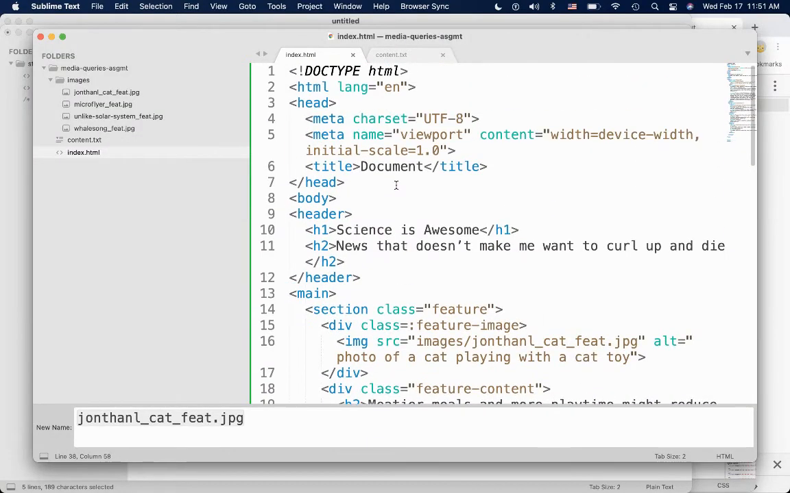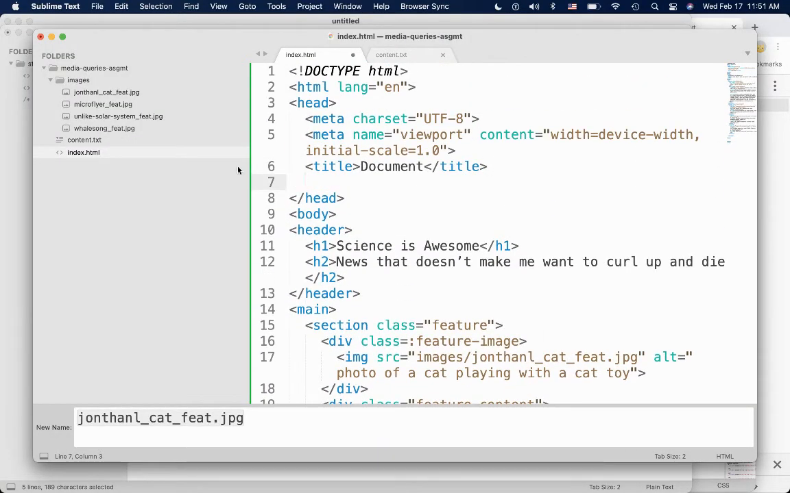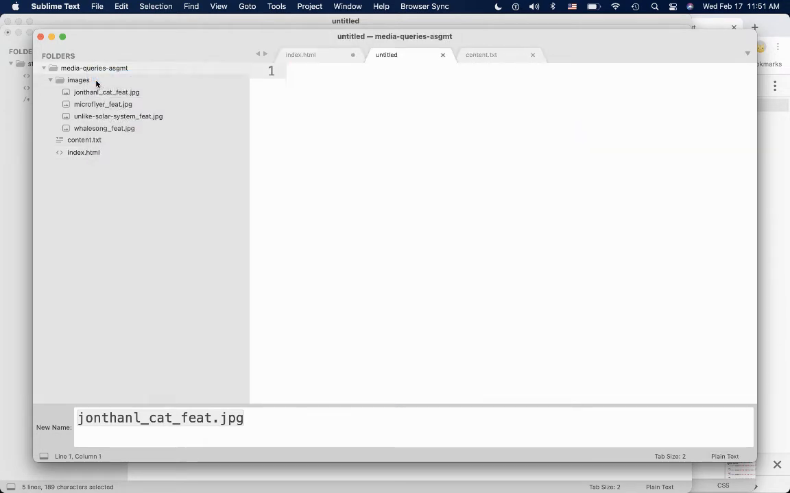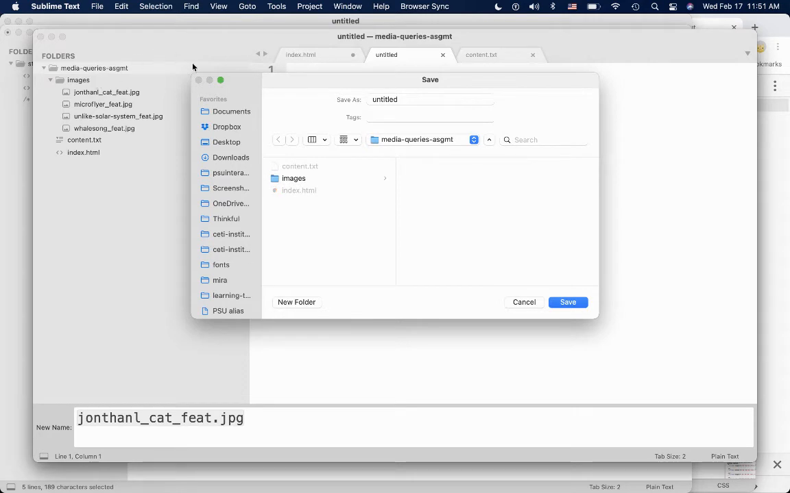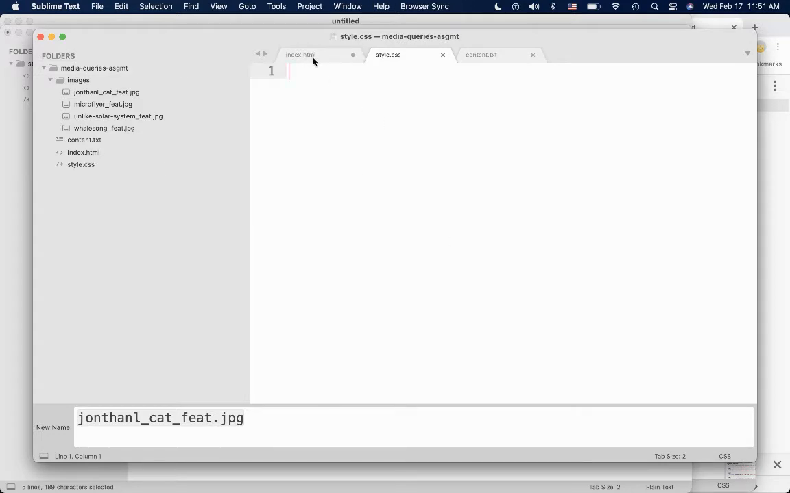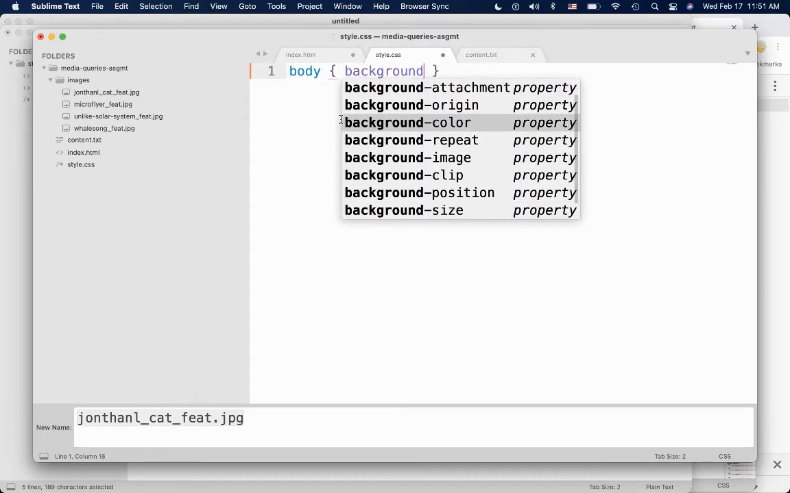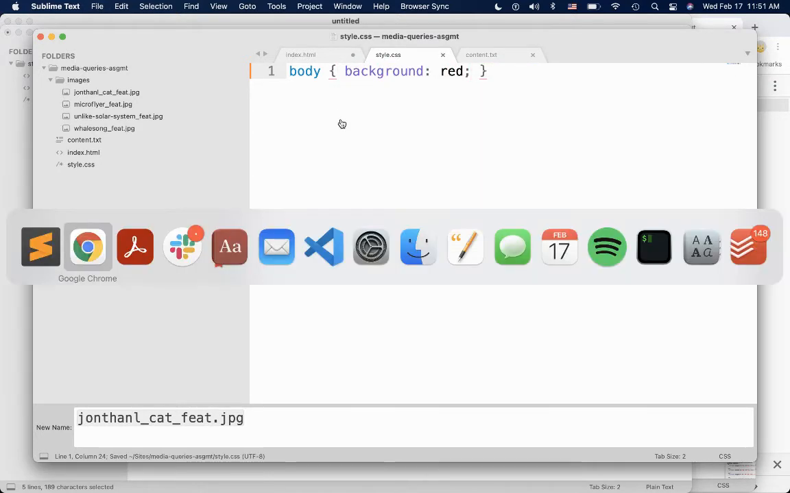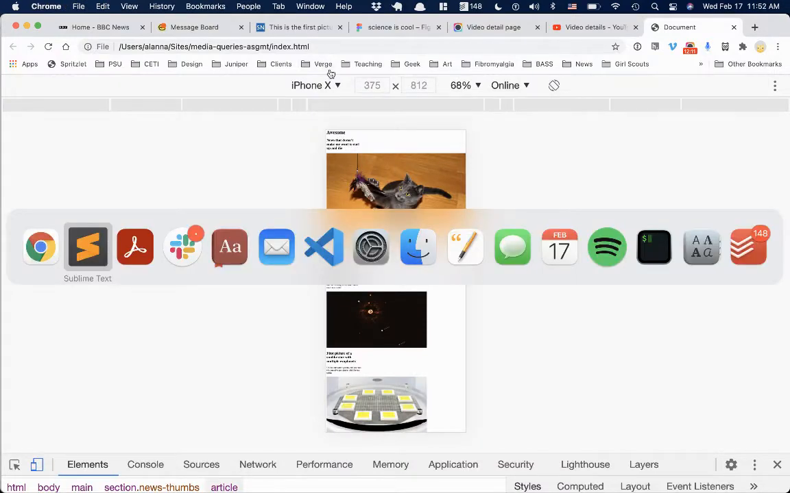I haven't linked a CSS file yet, so I guess I have to make a CSS file first. New file, style.css. Oops. Style.css. Add it. Okay. I just want to make sure that it's linked, so I'm going to do a little test. I'm going to say background is red, and then I know if I link my file,